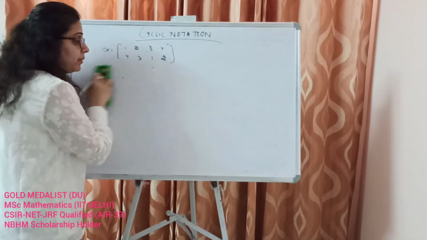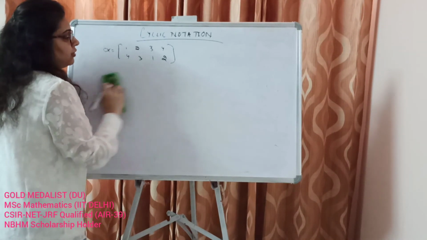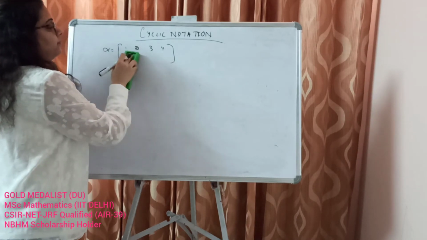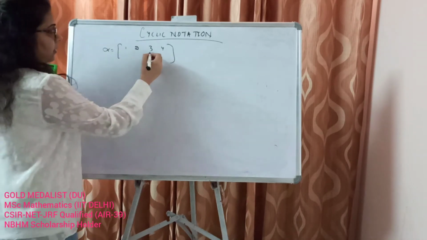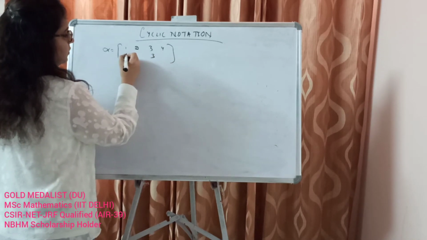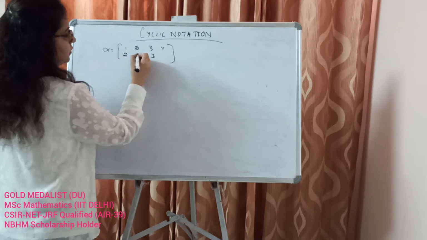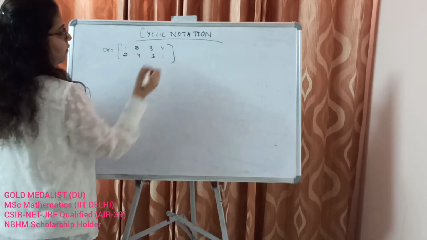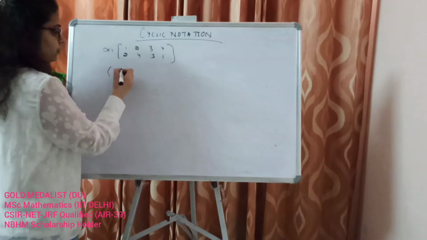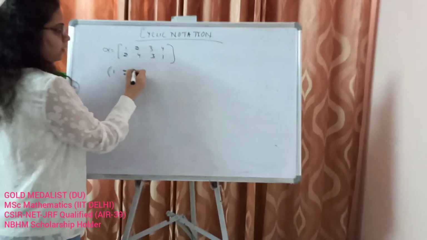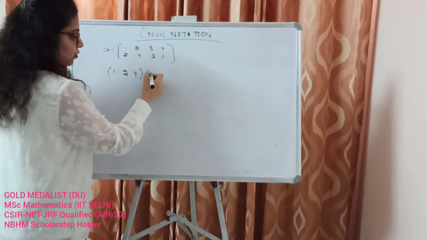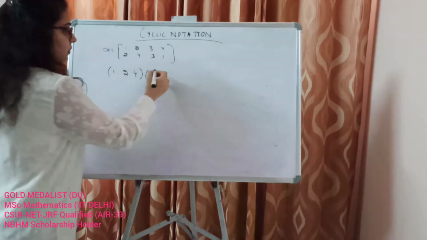Now this can also be written as a multiplication of different cycles. That totally depends on the permutation. If I fix any element, say 3, then alpha can be written as 1 goes to 2, 2 goes to 4 and 4 goes to 1. We close it here, okay? And then 3 goes to, pick some element from this.